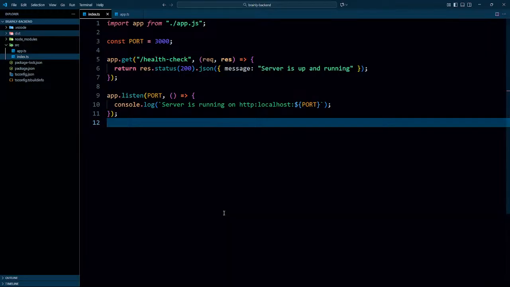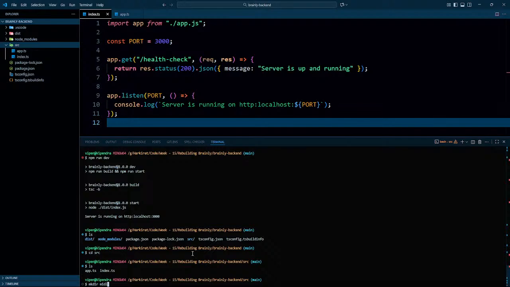We have to organize it. Like this way, it's not gonna work, right? So we'll have to organize it. That means inside source we have to create many folders. One of them, let's do it directly, middleware. I have to create routes. I have to create controllers. I have to create models.